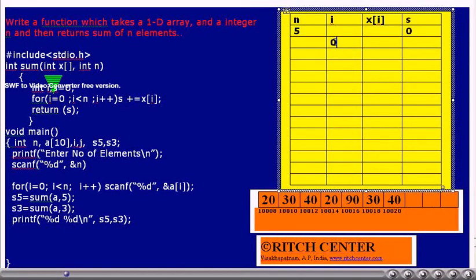I value is initialized to 0. Is I less than n? Yes. X of I, that is x of 0, 20 will be added to s, thus s value becomes 20. I value will be incremented by 1. Is I less than n? Yes. X of I,